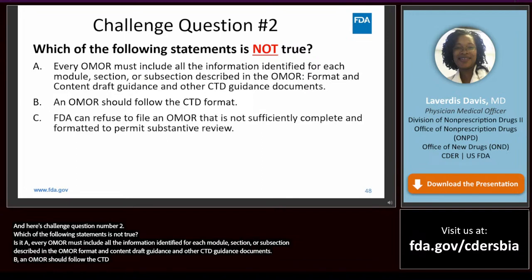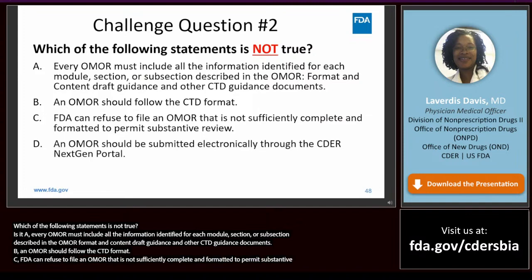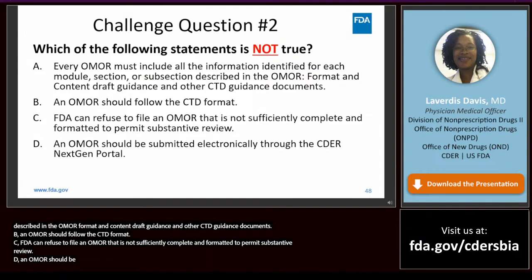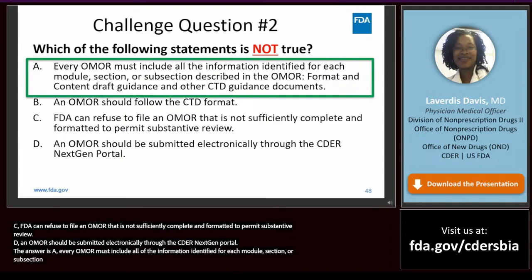C, FDA can refuse to file an OMOR that is not sufficiently complete and formatted to permit substantive review. D, an OMOR should be submitted electronically through the CDER NextGen portal. The answer is A. Every OMOR must include all the information identified for each module, section, or subsection described in the OMOR format and content draft guidance and other CTD guidance documents.